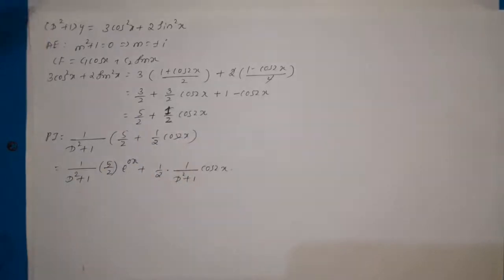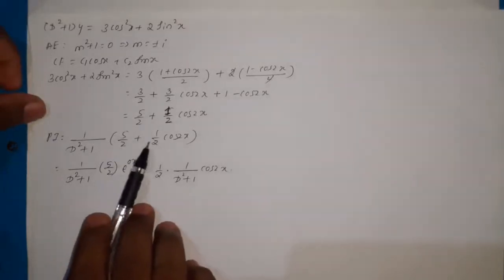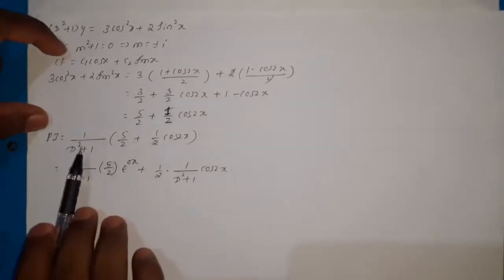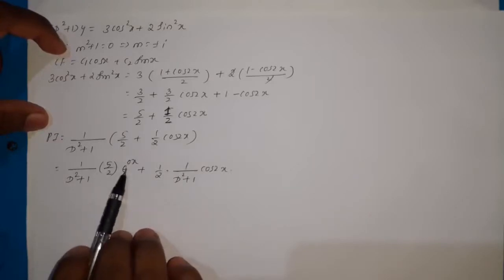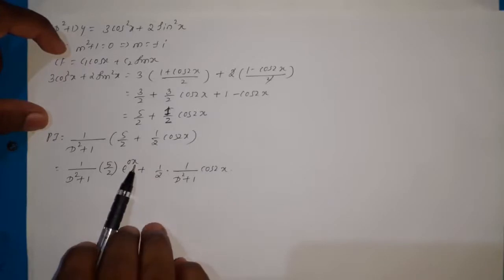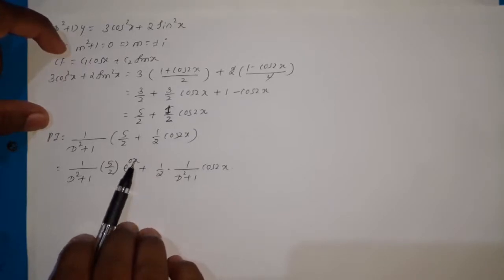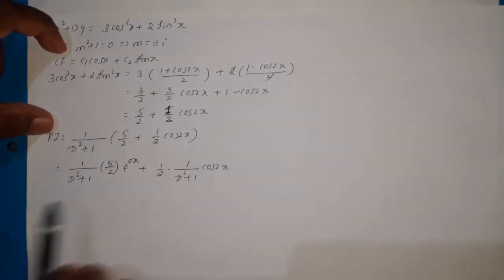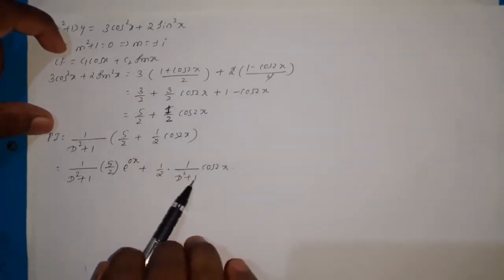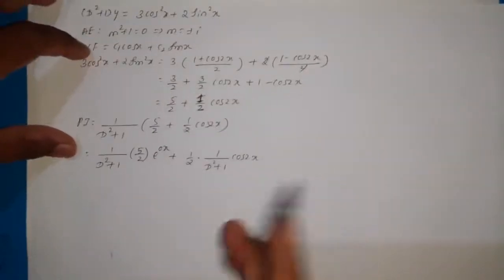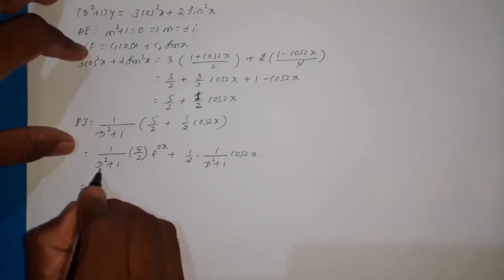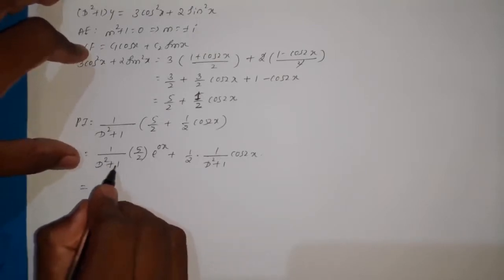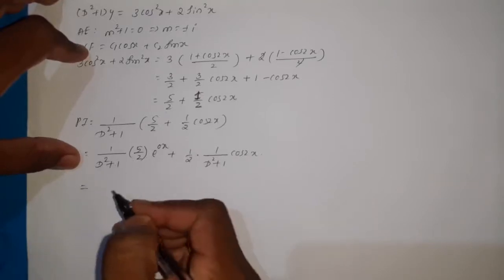So now apply the particular integral. So the particular integral is equal to 1 by d square plus 1, 5 by 2 plus 1 by 2 cos 2x. Then separate the functions. 1 by d square plus 1, 5 by 2 as it is. If there is no function, that can be written as e power 0x, because to find the particular integral we have this choice, plus 1 by 2, 1 divided by d square plus 1 into cos 2x. So for the first function a is equal to 0, then substitute a equal to 0, that becomes 1 divided by 0 plus 1, which is equal to 1, and this e power 0x is 1 itself.